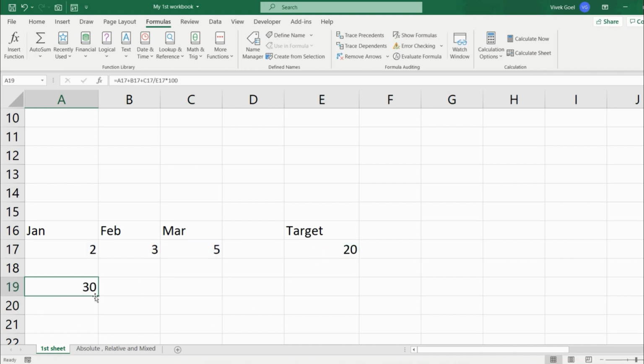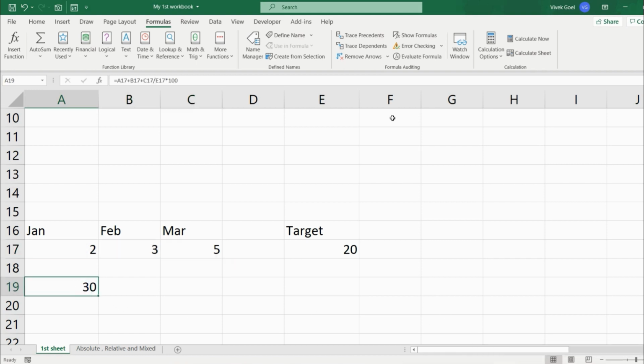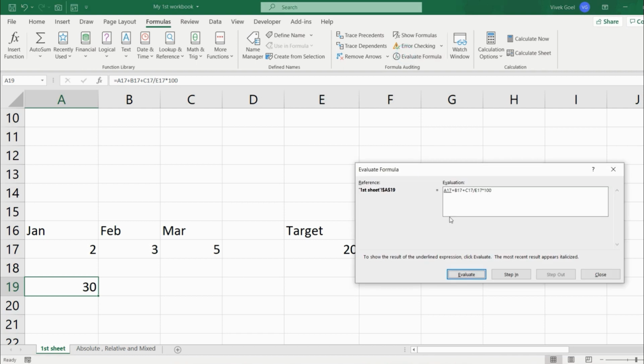The output comes as 30, which does not look right. The person sold 10 policies, so the output should be 50%. Let's understand what went wrong by evaluating our formula. So here you see, instead of dividing the sum of 3 months, it is only dividing the month of March by target and then it is multiplying the output of that with 100,